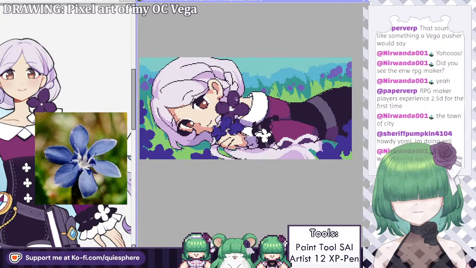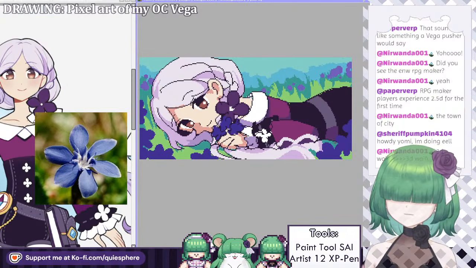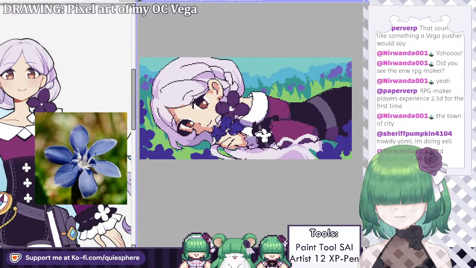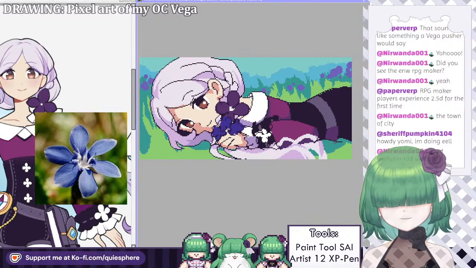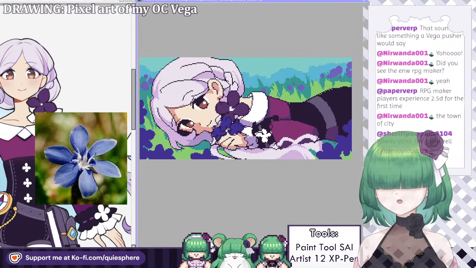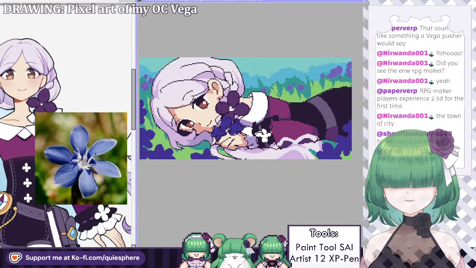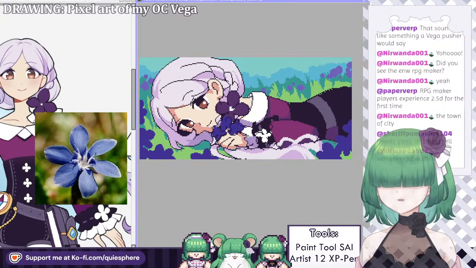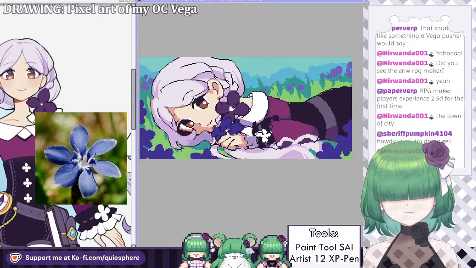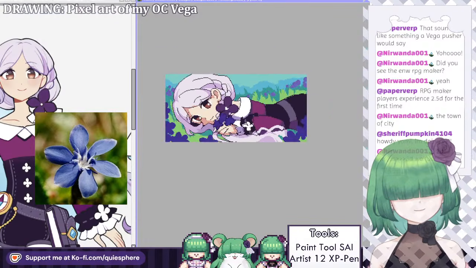Okay. I think I've got more or less a good base for it so far. I want to separate this in 3 parts. One is going to be the character, another one is going to be the background, and the other one is going to be the foreground flowers. We're going to try to separate it in these 3 parts, because I want to make your character here with this. I want to try to make different versions with different flowers, so I can make art like this of other people's characters and put it in my commissions. That would be cool.